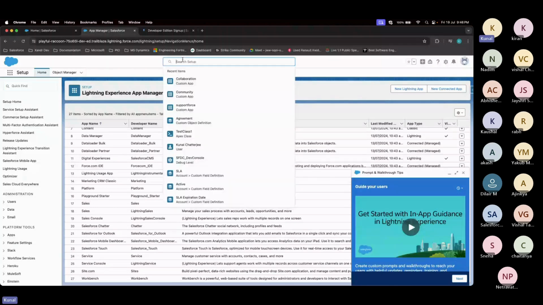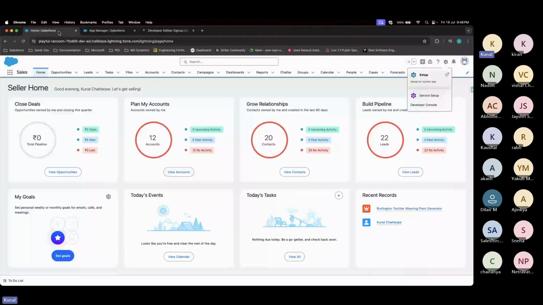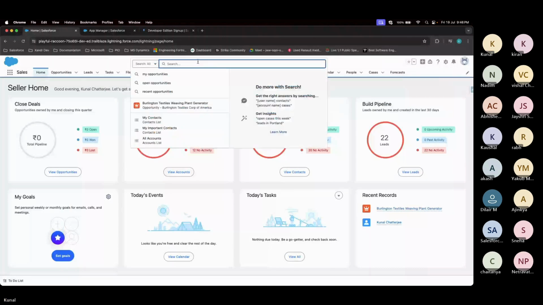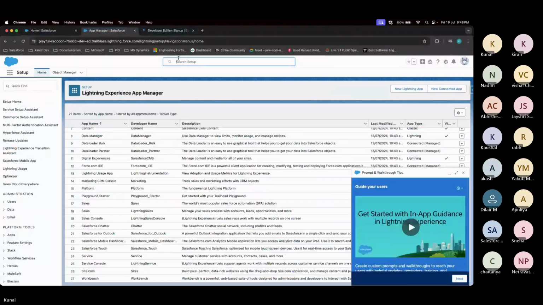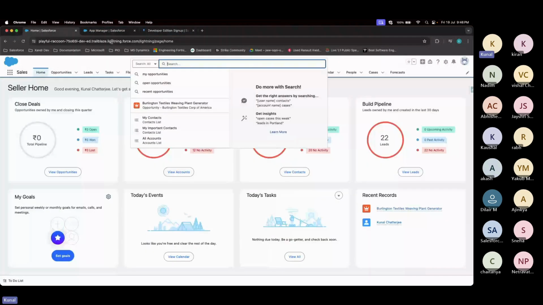Now there is one difference in this global search. आप कभी भी किसी ऐप में जाते हो आपको वहां पे भी ग्लोबल सर्च मिलेगा, आप सेटअप में जाते हो आपको यहाँ पे भी ग्लोबल सर्च मिलेगा, लेकिन यहाँ पे दो चीजों का डिफरेंस है। ऐप के अंदर आप जब कुछ सर्च करते हो तो वो खाली ऐप के डेटा में सर्च करता है।